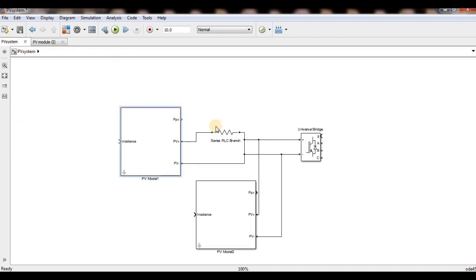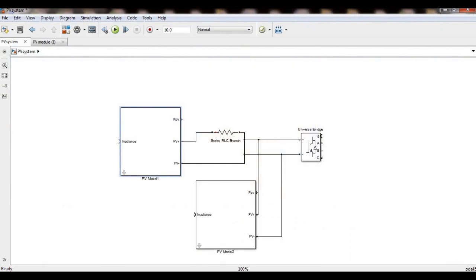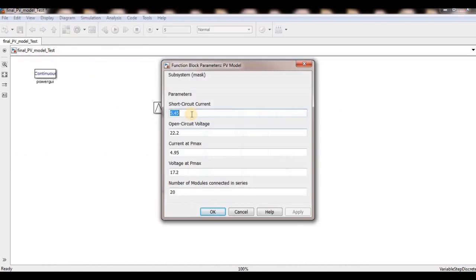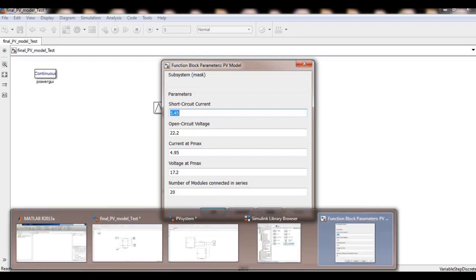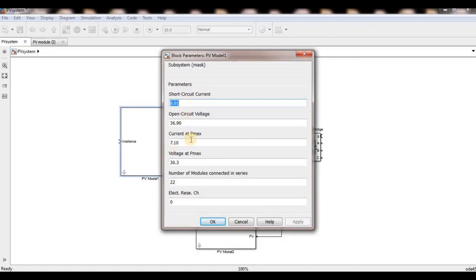So this is the basic PV modeling for connecting the network, and this is the basic PV model to get the IPV and VPV characteristics. The same values you can enter here or here, because I entered other values here only to show you the PV characteristics. I entered the values of a PV panel from other manufacturing details to get 5 kilowatt of PV, actually 4.73 kilowatt, but nearly 5 kilowatt.